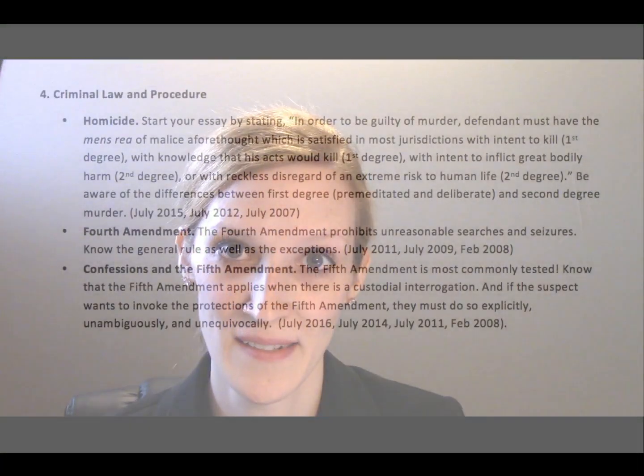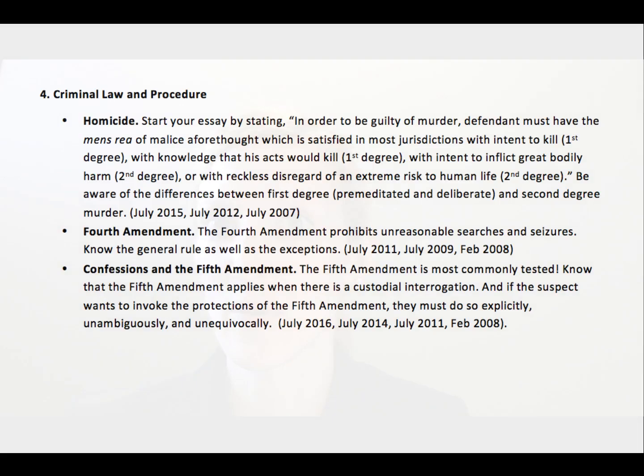Criminal law and procedure. This is a Tier 3 question. Usually you'll see criminal law or you'll see criminal procedure. They're usually not combined together. Recently, criminal procedure was combined with evidence, which was unusual. But these tend not to be tested as often. If it's a criminal law question, they like to test homicide. Homicide is also 3 to 4 questions on the MBE, so it's well worth it to be well versed in the different degrees of homicide, the different levels of homicide.